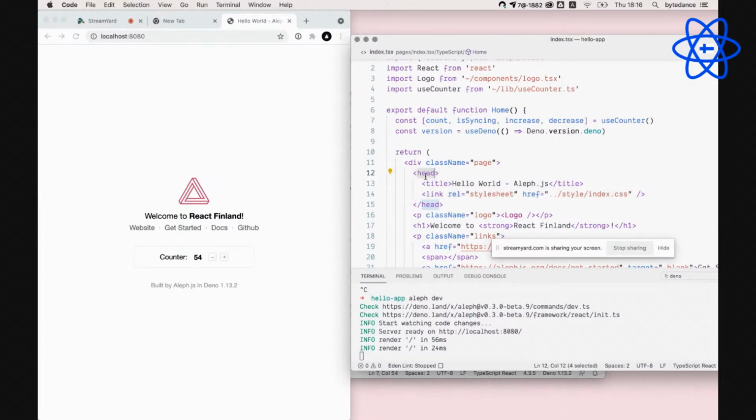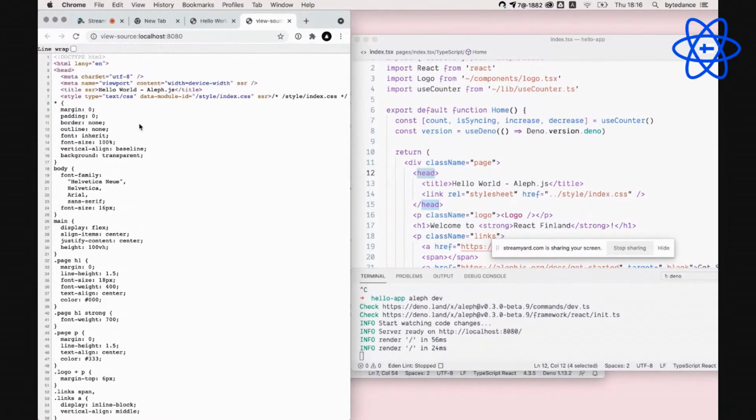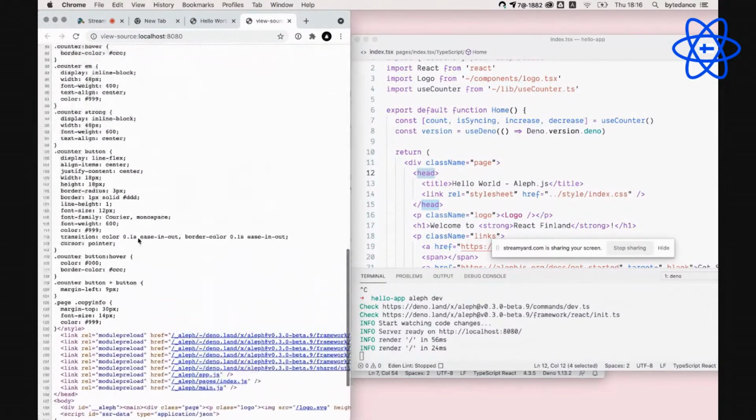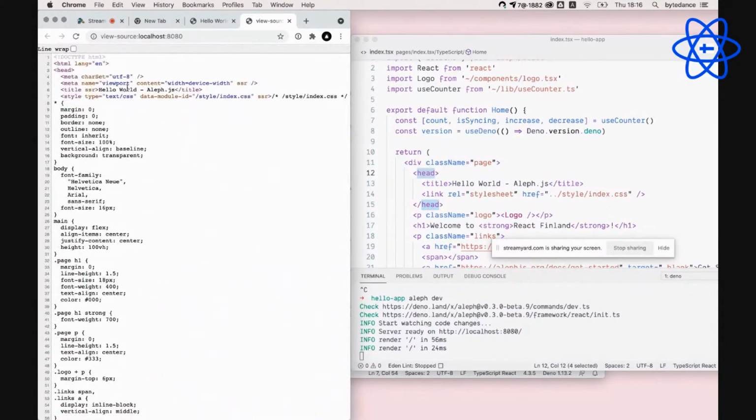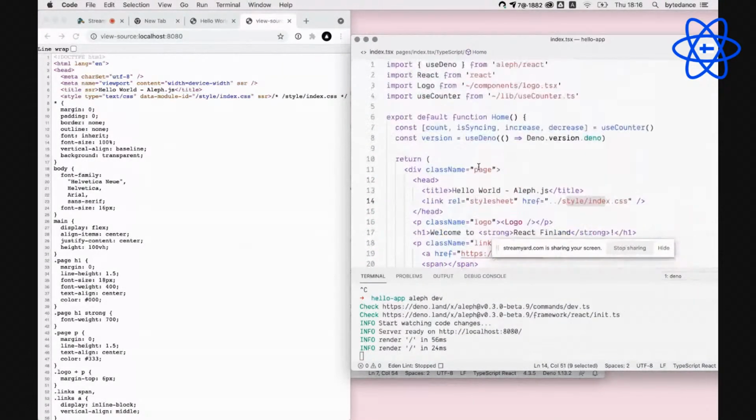Just write the head, and Alifjs will render it to here. Let's see, title, and you can import the CSS like before we import.